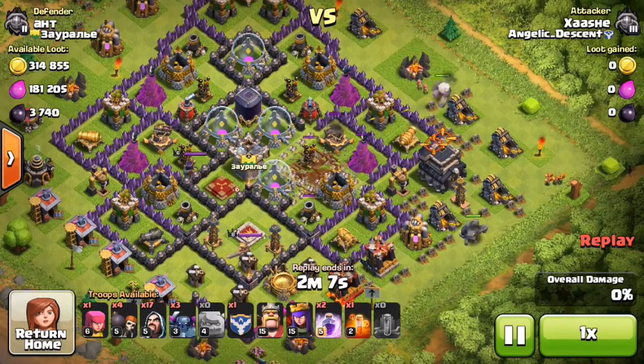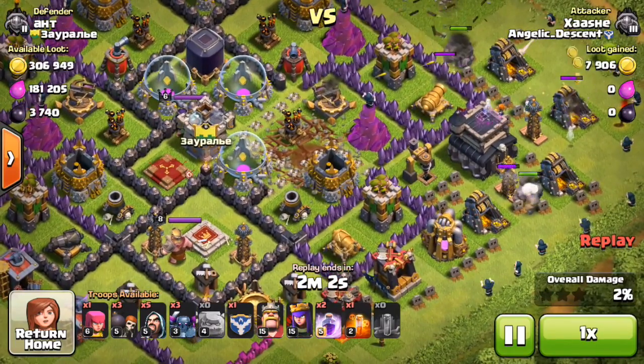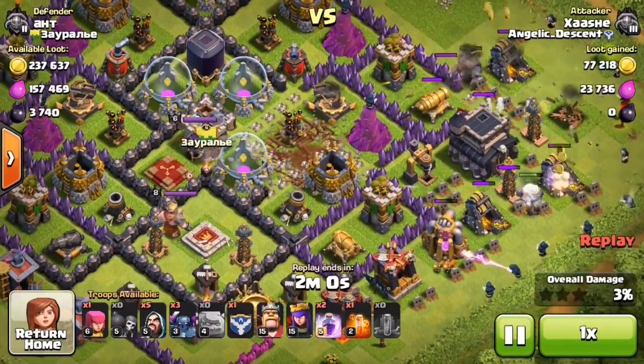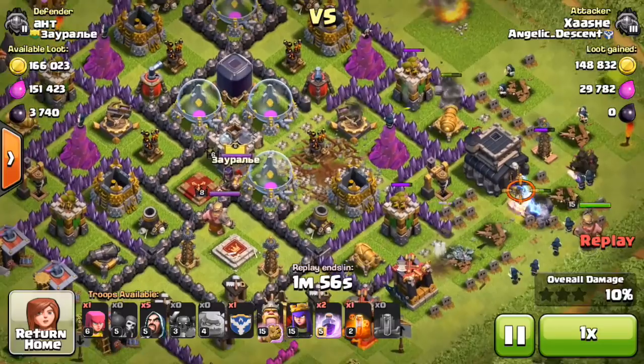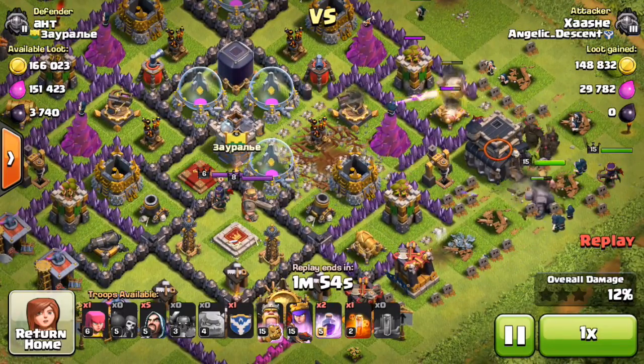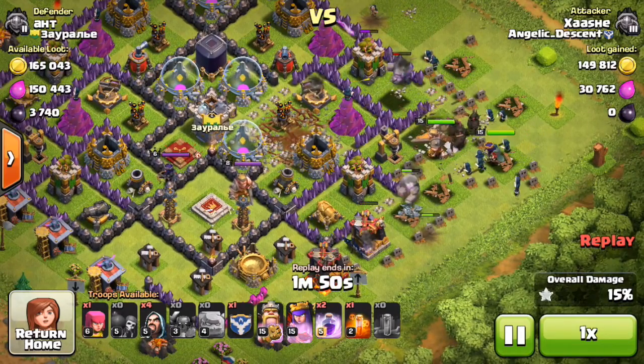So here I dropped in my 2 golems with some wall breakers, but those Teslas sort of took out my wall breakers. That wasn't very good. But I did manage to open up from the CC all the way to this Dark Elixir drill. So with those Earthquake spells, they were just in the right place. So here I have my golems tanking,